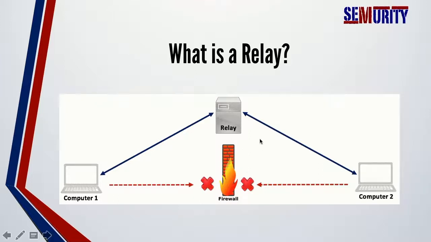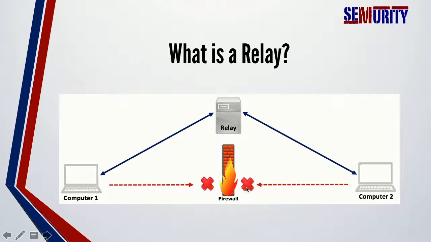However, as you can see here, we have a firewall in the middle, and this firewall is blocking all connectivity between our system and the target system. So this firewall is blocking every port number on the incoming direction as well as on the outgoing direction. So our system cannot connect to the target system on any port number, and the target system cannot connect to our system on any port number either.